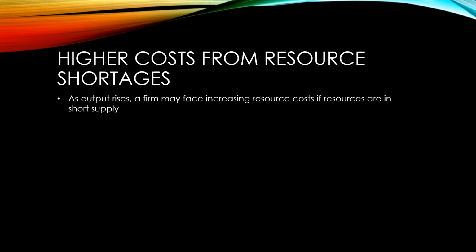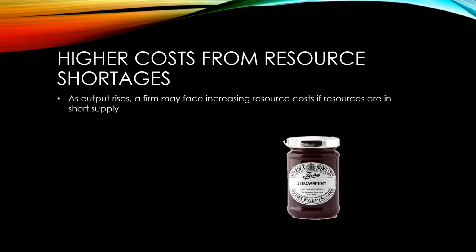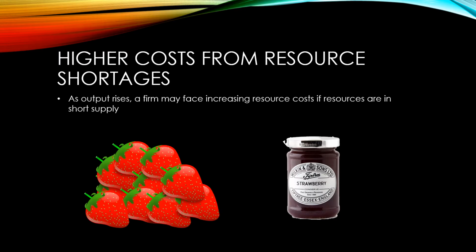Let's consider the case of a small producer who makes bespoke artisan jams. They start by selling them in a market. They win some awards for their strawberry jam and decide to specialise and step up their production by building a factory to produce their award-winning strawberry jam. In doing so, they require a lot more strawberries. If there aren't enough strawberries to get hold of in the local area, this may drive up the price of strawberries, meaning that they have a cost problem on their hands.